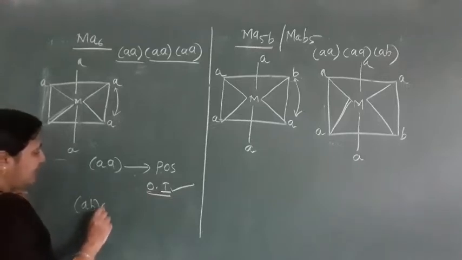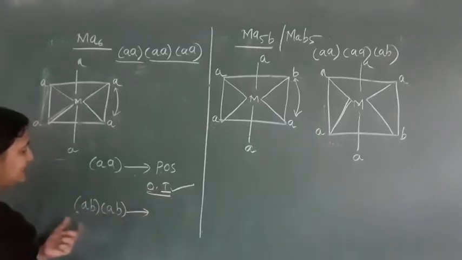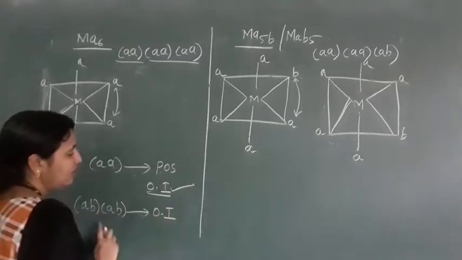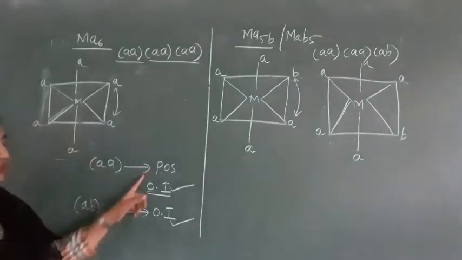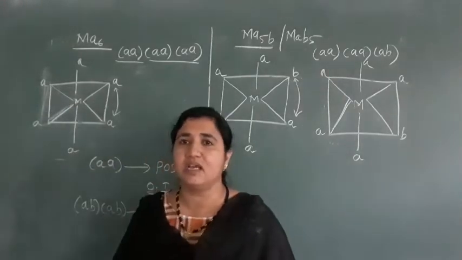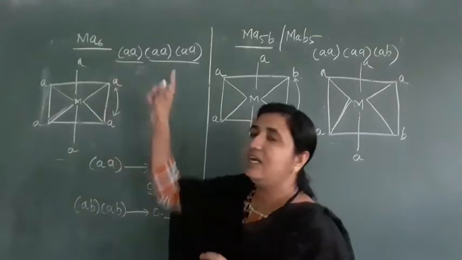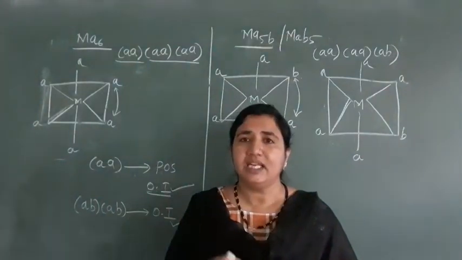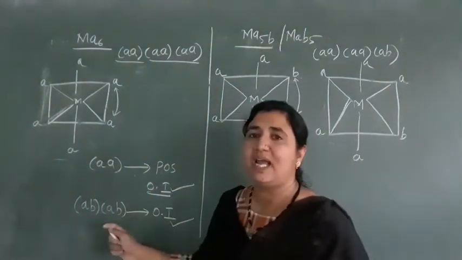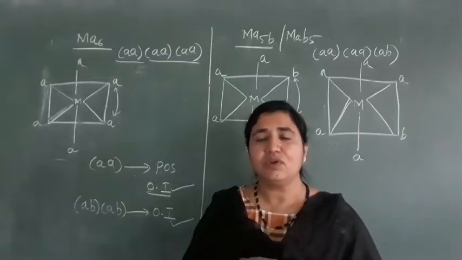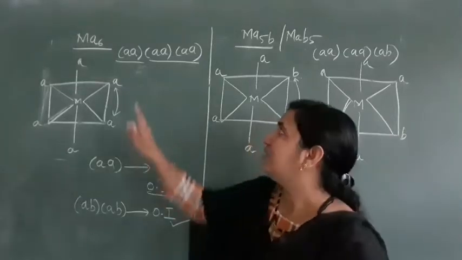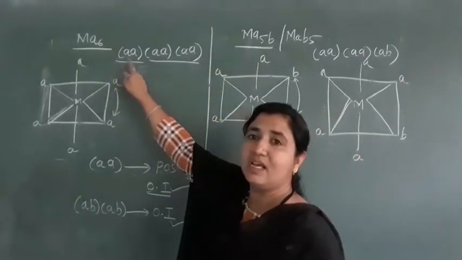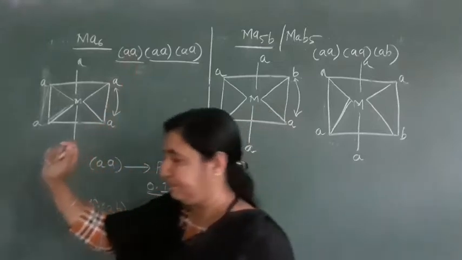And if we have AB type, two pairs of similar ligands, AB type, in this case also the molecule or the structure is optically inactive. These two points are very important, key points. So in our combination, if we have AA type, then it is optically inactive. And if we have AB type two times, then also it is optically inactive. So both are optically inactive, because we have AA type here.